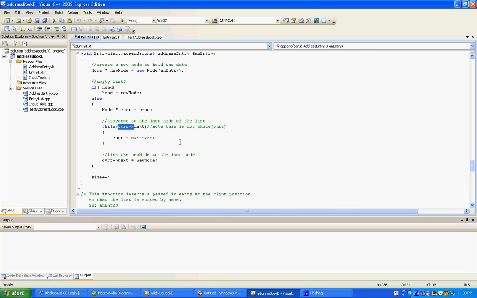In our implementation, we only keep track of the head pointer. That means we only keep track of where the first node is. So it's inefficient to do the append. If you need to append a lot with your list, and you want to use a linked list implementation, you should